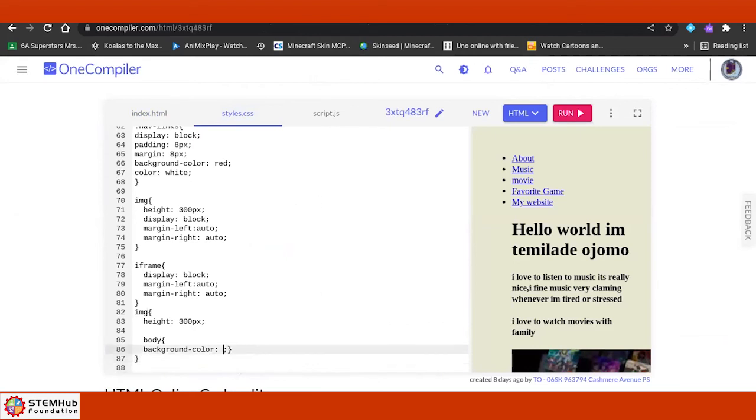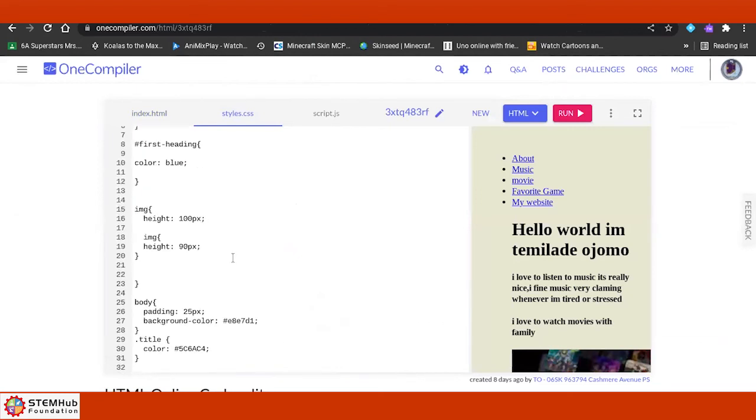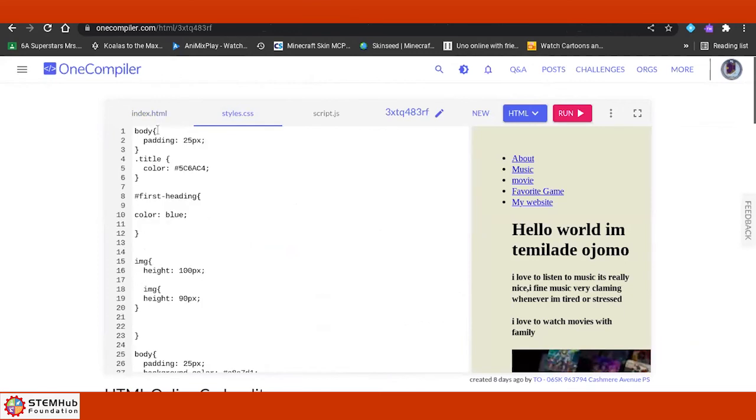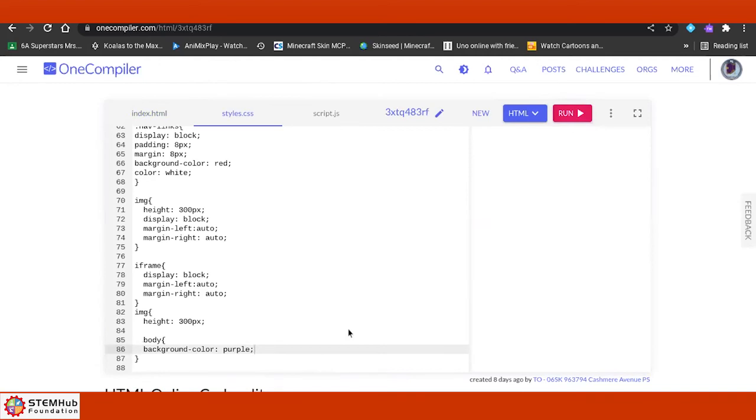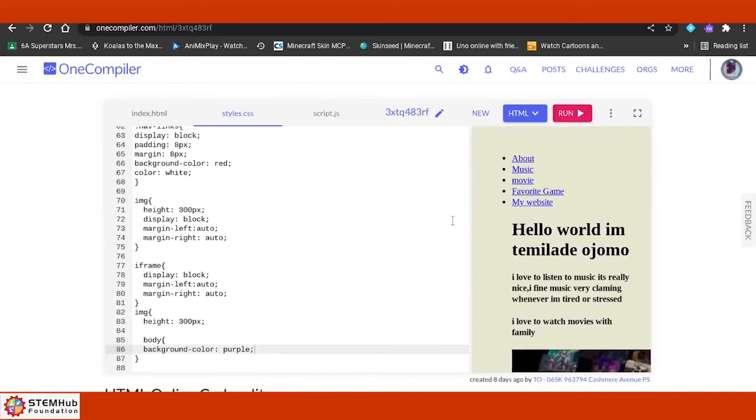Purple? All right, so there's one problem. Hold on. See where you put body and all that stuff there? You probably already have it at the top. Go to the top of the page. All right, never mind, you're fine. So background color purple. Give that a try. Let me see here. Background color purple. Okay, remove that. We'll copy that line.